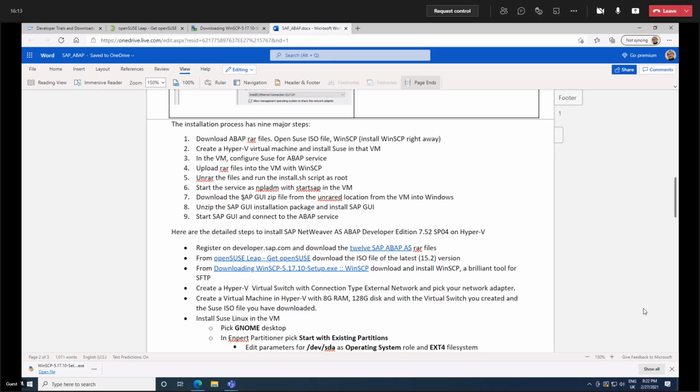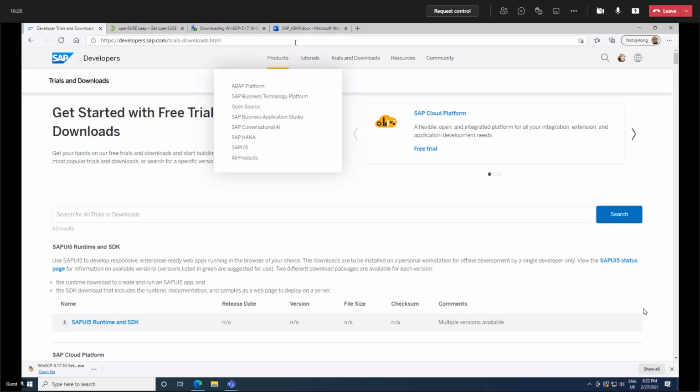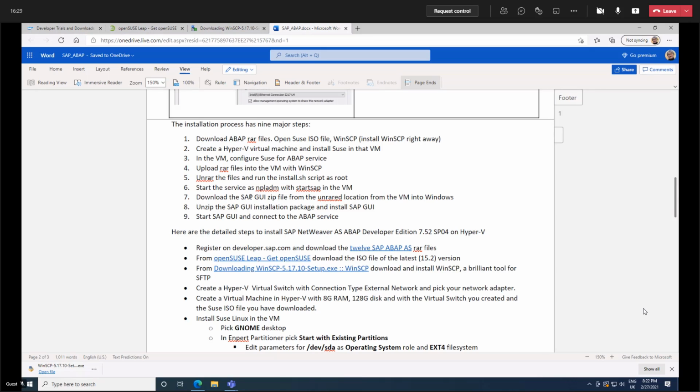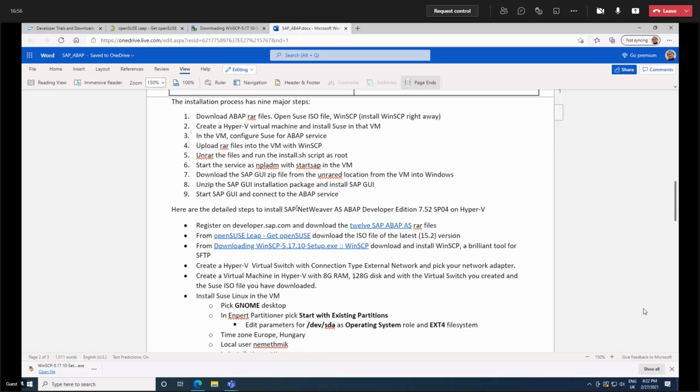Then I download the SAP GUI zip file from the unrar location in the virtual machine into Windows, because these RAR files that I have shown here contain the SAP GUI package. Then I unzip the SAP GUI installation package and install the SAP GUI. Again, this may take 5 minutes or so. Then I start SAP GUI and connect to the ABAP service which we started at step number 6. So that's the overall sequence of things. So let's then